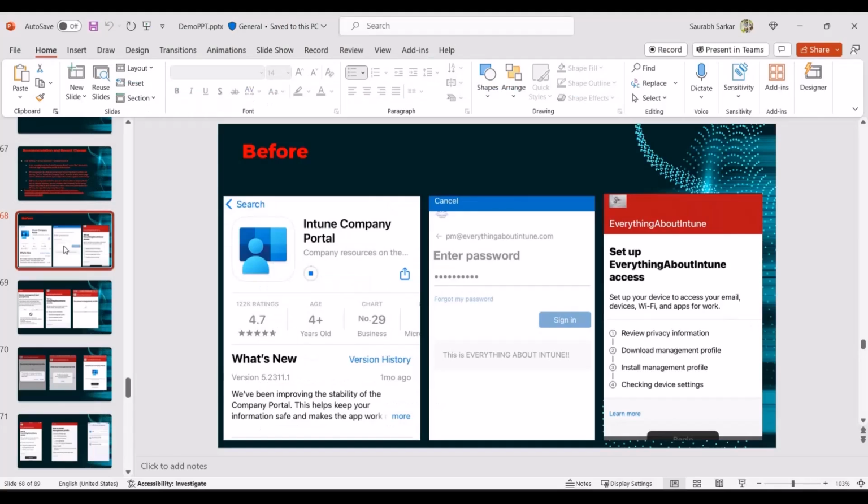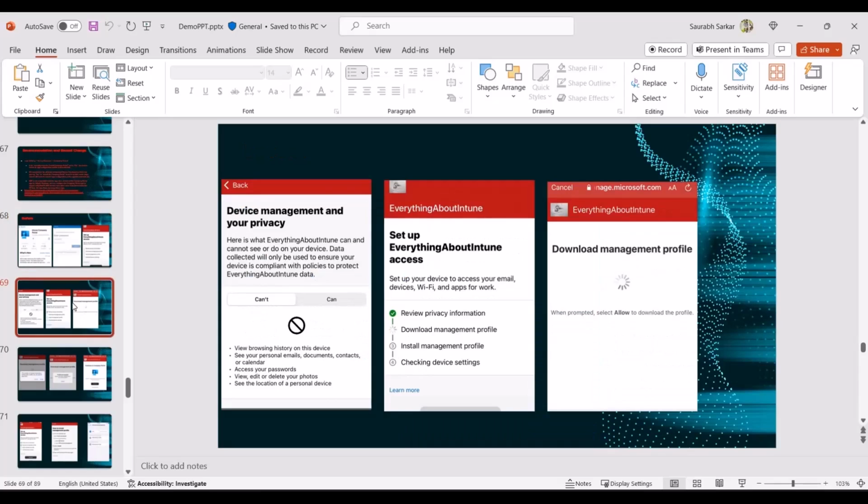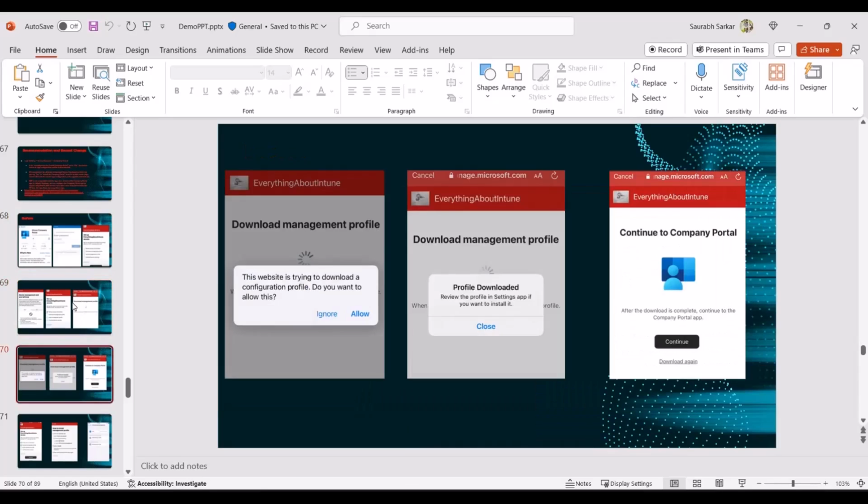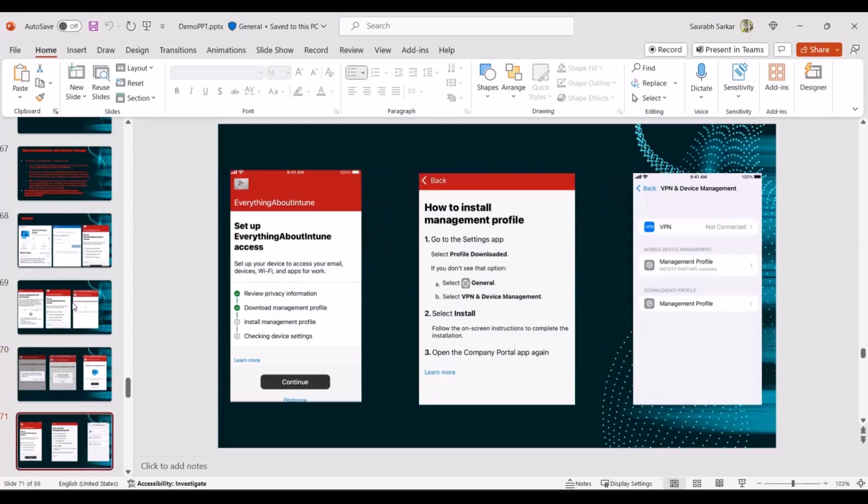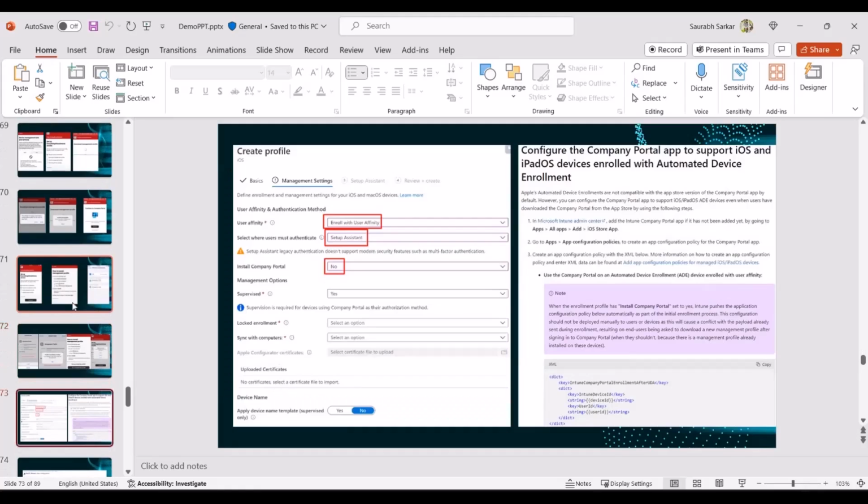So just coming back very quickly to our deck here, we have already seen that before the app configuration profile was applied, there were these 4 things that were showing up. And when we were doing next, the profile was not getting installed because there was already an MDM profile, a management profile, present. However, after we